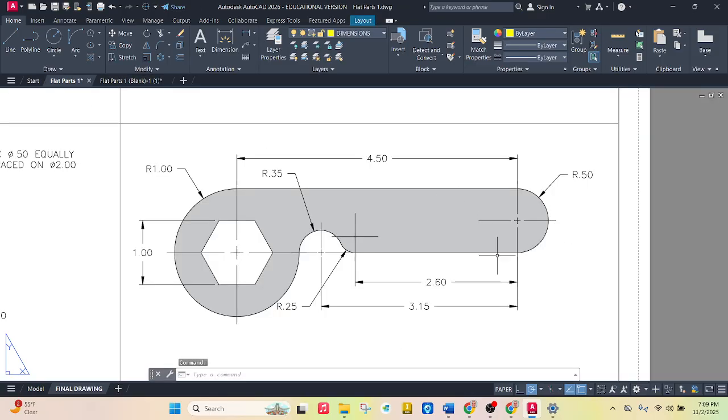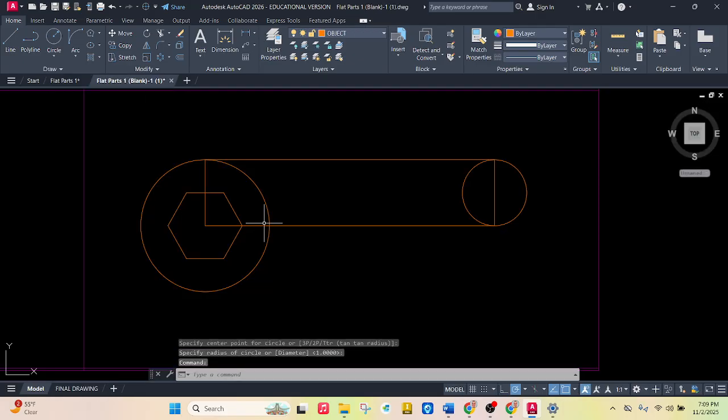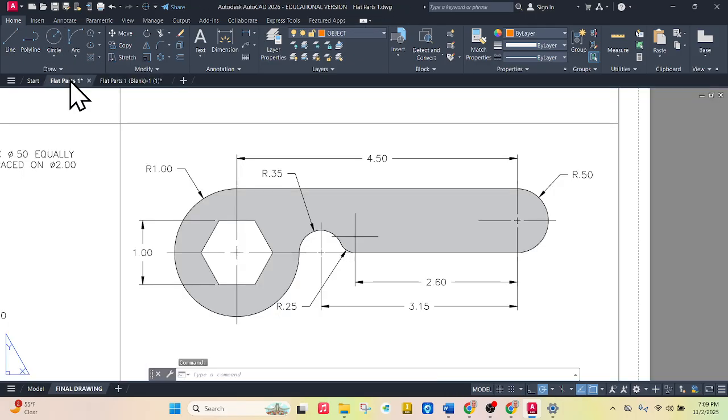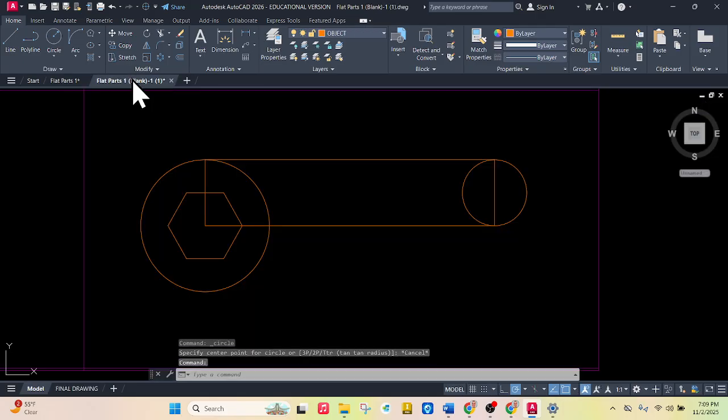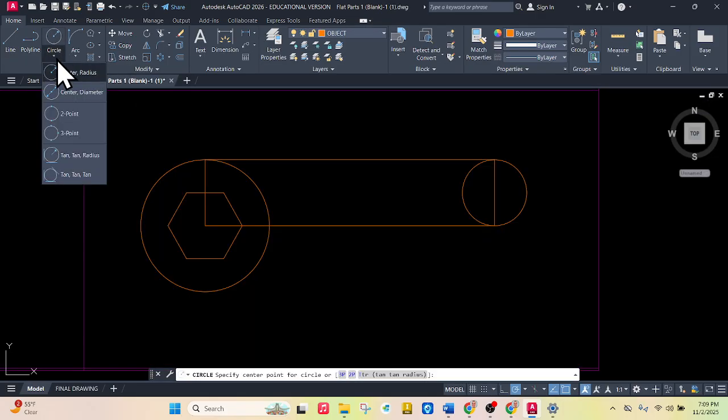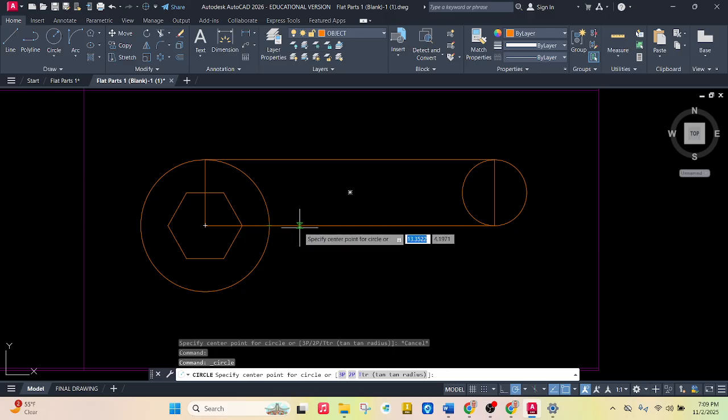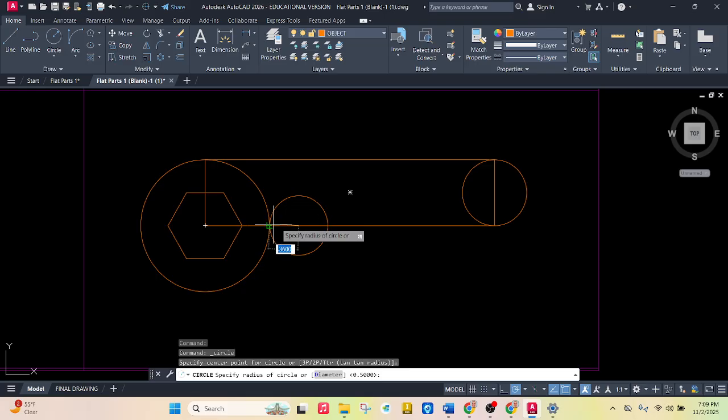So that's nice. I can just look at that and just kind of know what it's going to be. And then there's going to be an arc that's perpendicular. It goes in right here inside this notch. So I'm going to use a circle. Actually, I don't know what the size is. It's a radius of 0.35, which means it'll have a diameter of 0.7, which is kind of a weird number, but we're going to go with it. So actually, we could use radius. So it goes here. And radius has got to be